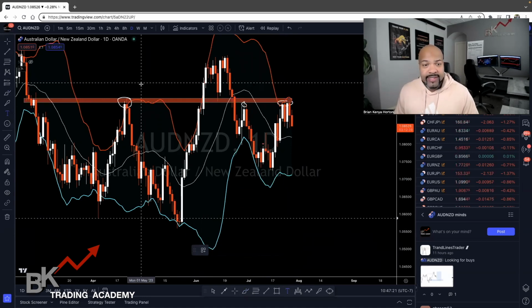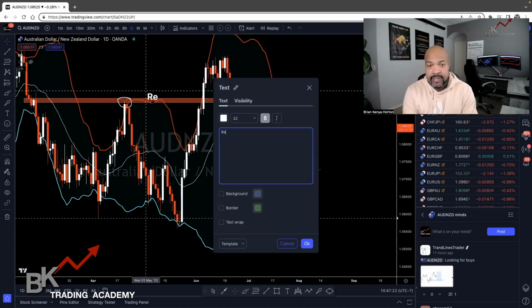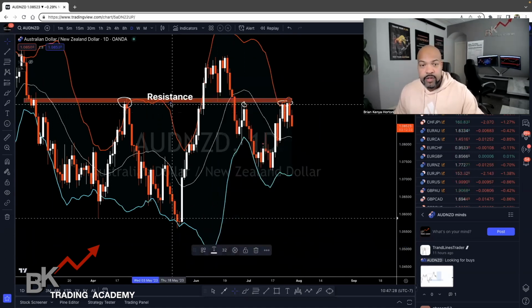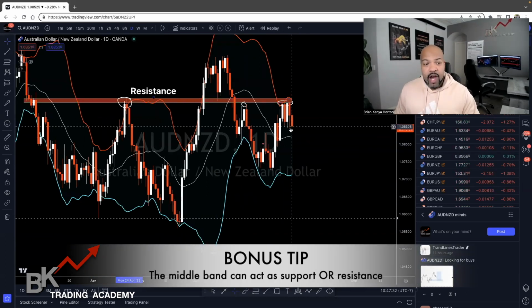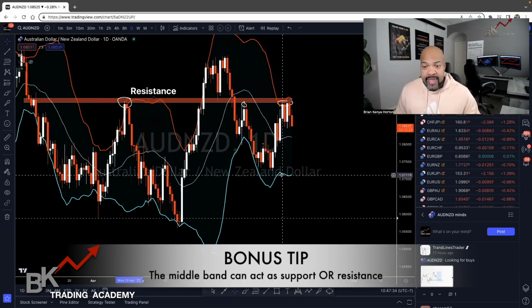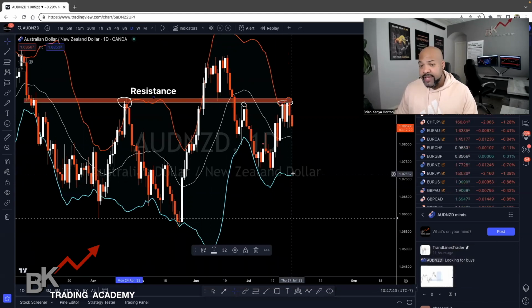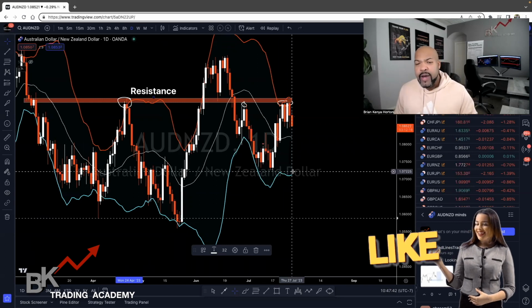So I'm going to go ahead and take my text tool, and I'm just going to simply type resistance. So this is our resistance line, okay? Now, where will price go? You want to look for support, okay? Here's our bottom band here, which marks as support. So if price comes down to here, you typically want to buy, but you want it to be at a